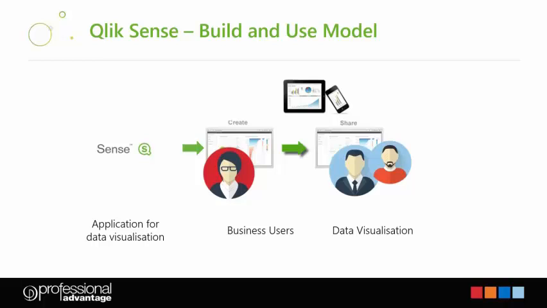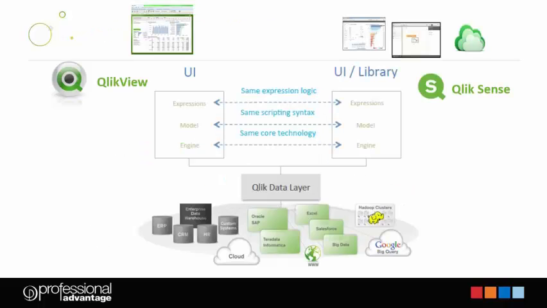Both QlikView and ClickSense are products in their own right, so you can use one or the other. What's quite interesting is that because there are different types of users in our organization, and one size does not always fit all, you do have the option to implement them side by side. An advantage there is that both platforms are built on the same engine. What that really means is that you can use all the hardware that goes into connecting to different data sources across the enterprise, meshing it all up, translating, consolidating, and then push the information to the different user categories